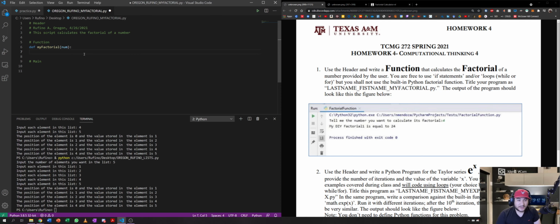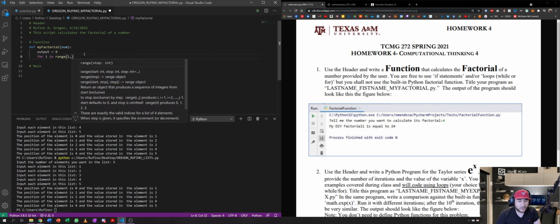So over here in my function, we're going to have the parameter, which is a number that the user provides, and I'm going to need a variable to keep hold of the output. Let's call it output. Output equals 0, and then I'm going to start my for loop. So for i in range, and instead of starting from 0, this time I need to start from 1. So from 1 to num,